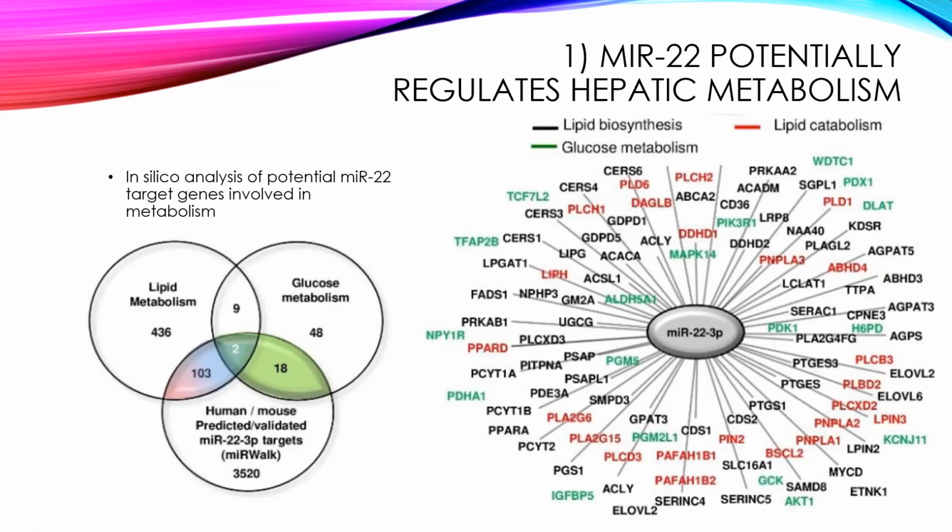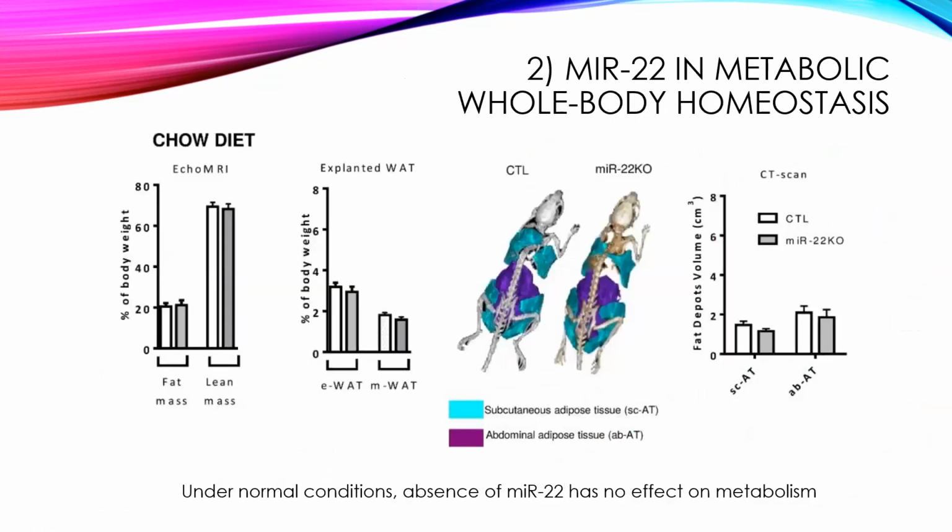So this was very interesting, but it was only correlative studies, only in silico studies, and we wanted to know what would happen inside the organism, what would happen in vivo if microRNA-22 is no longer there. And for this, we developed a microRNA-22 knockout mice. So this means that we deleted the portion in the genome that codes for microRNA-22, and we saw what is happening on a whole body homeostasis already,